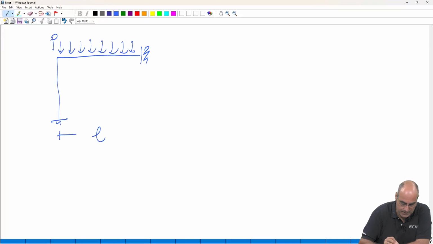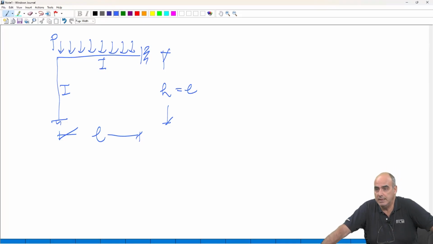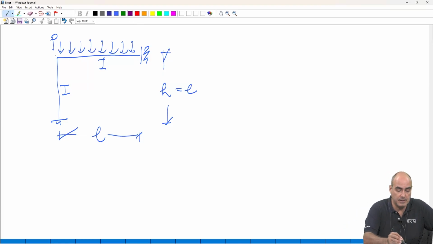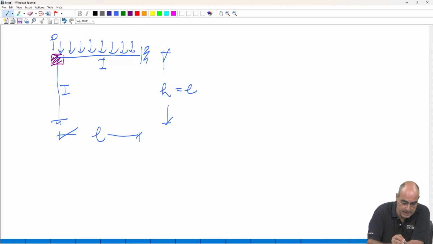P, this is L, this is H, but we assume it's equal to L, and we assume that both the beam and the columns have the same stiffness. Actually, this structure here is a non-sway frame because there is no way to sway. So the only unknown that we have is the rotation, and when we activate this phi equal to 1,